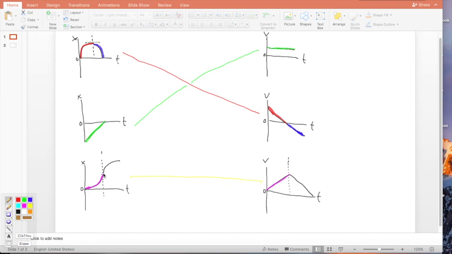But now what's it doing? Now it's going from very steep and it's getting more and more and more shallow. So while the velocity is still positive, it is getting less and less positive. It's becoming a smaller and smaller positive velocity, just